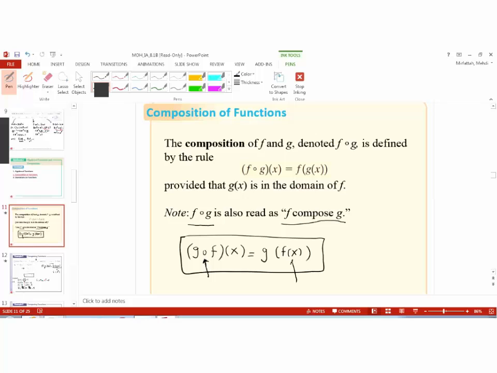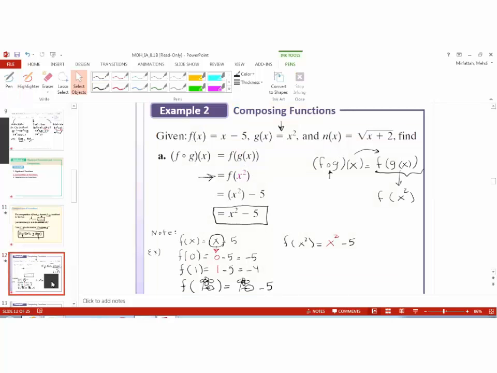And then if somebody gives me f of x and g of x, then I can calculate it. So the composition of f and g, this is the symbol for it. It's defined as this. The first step is you have to remember what this little symbol replaces with. It replaces with this expression here. So let's take a look at